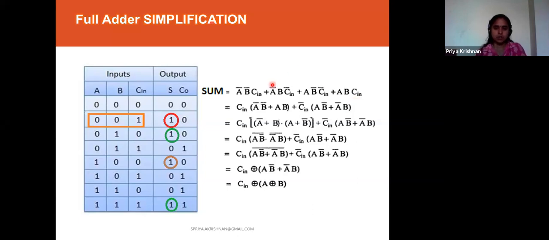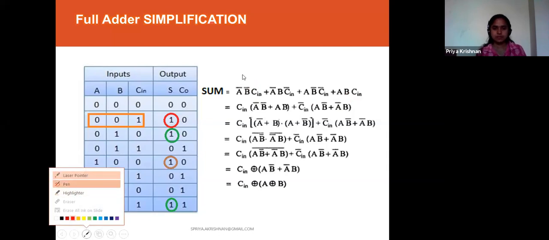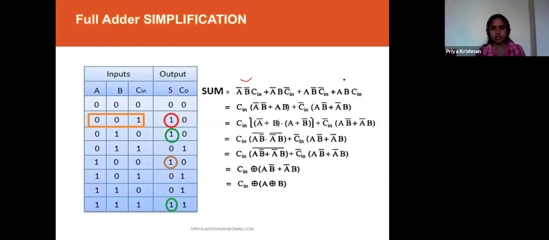From this and this, I'll take Cin as common. So it will be A bar B bar plus AB. And here I'll get Cin bar as common. So it is A bar B plus A B bar. That will be my expression.